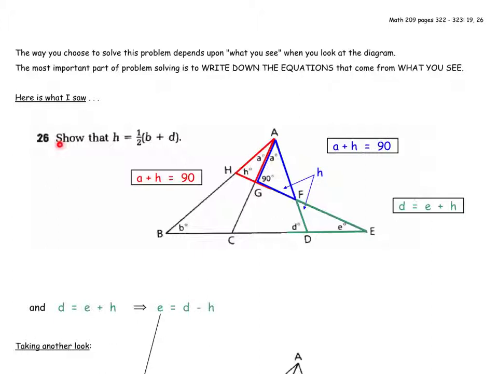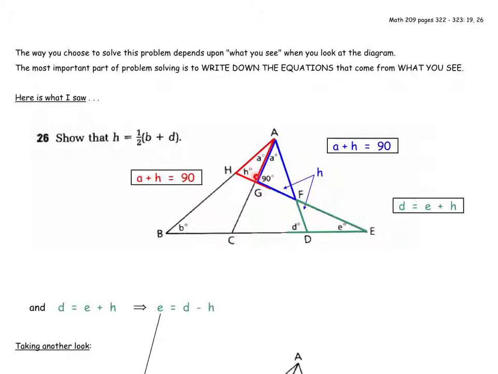What I looked for was a triangle in which I had two letters in the same triangle. And one of the triangles I saw happened to be the red triangle over here, AHG. Now, I drew it with the tail on the end so that I could use the 90 that was already in the picture, and the fact that the exterior angle 90 is equal to A plus H. I wrote that over here, but the truth of the matter is if there's a 90 on this side, there's a 90 on the other side, and you could have written the exact same equation just by adding up the angles in the corners. I did what I did because of the limitations of how I had to draw this